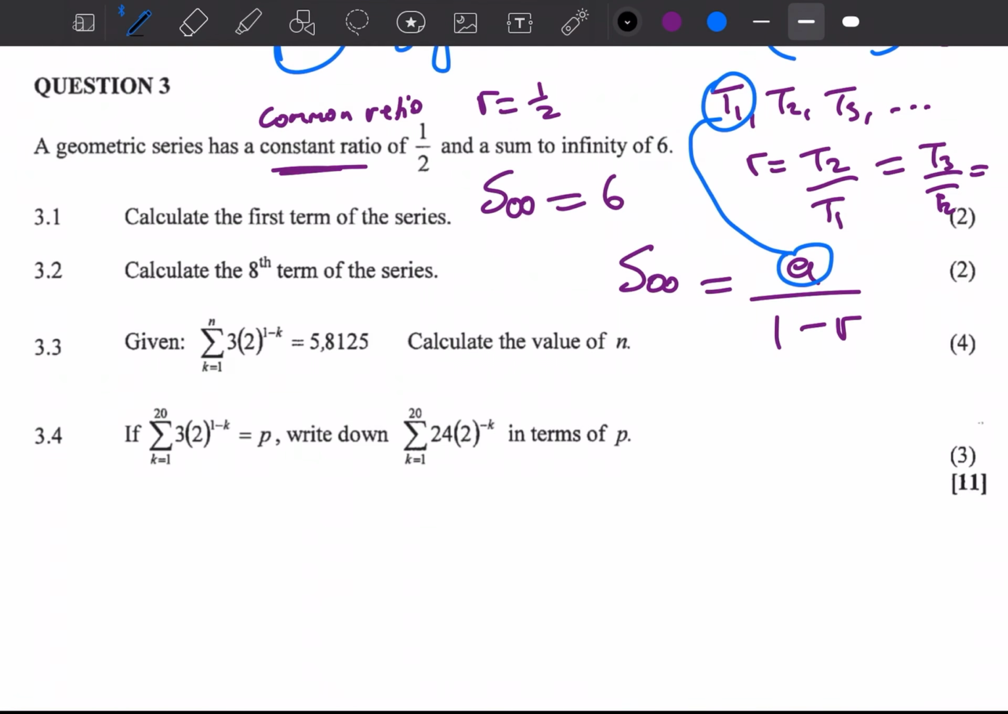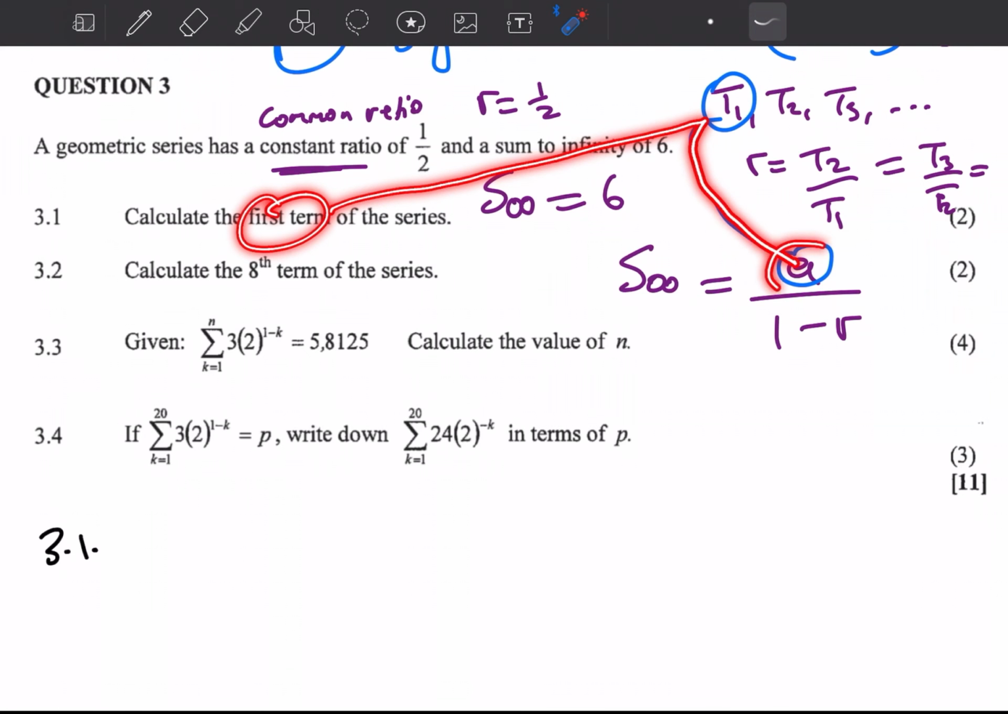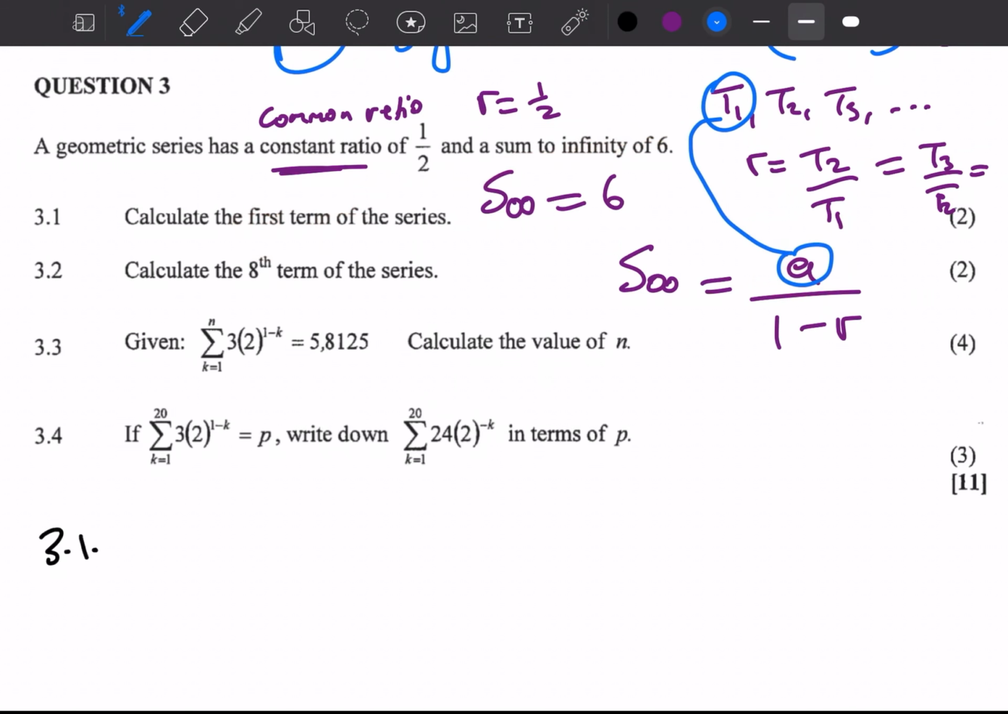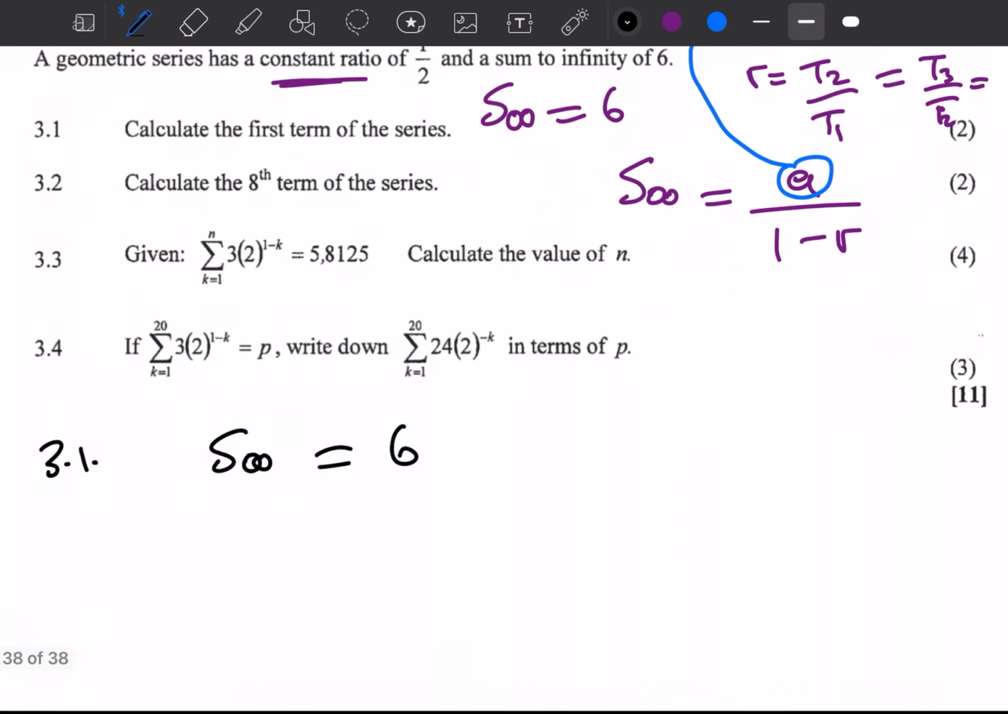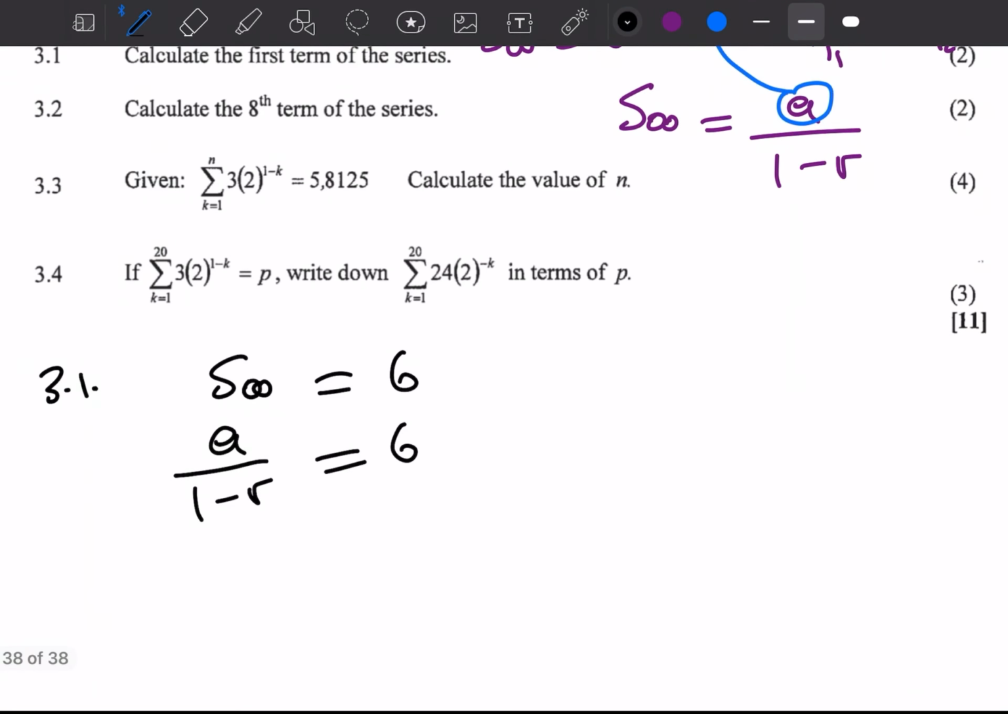Okay, so let's go into 3.1. Calculate the first term of the series. What is the first term? Remember, the first term is your A. They want us to know what is A. So let's see what you have. We know that the sum to infinity is 6, and we know the formula of the sum to infinity is a over 1 minus r, so this is equal to 6. And guess what? We know r